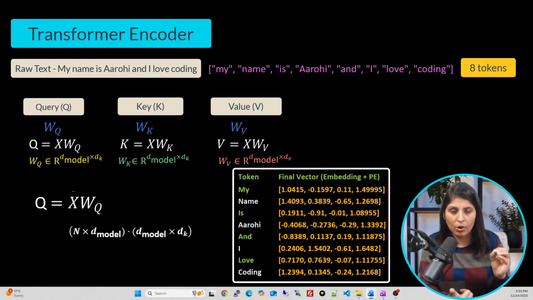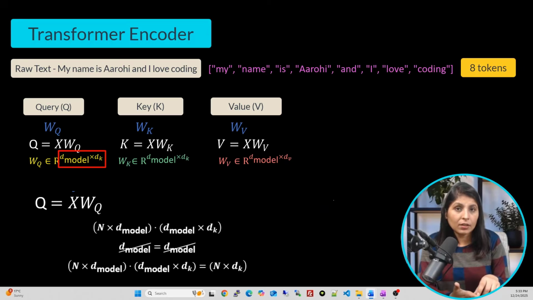Then WQ is d model into dk. Guys, remember the query, key or value weight matrix will be d model into dk. Now you can write it like this, and the inner dimension d model you can cancel,